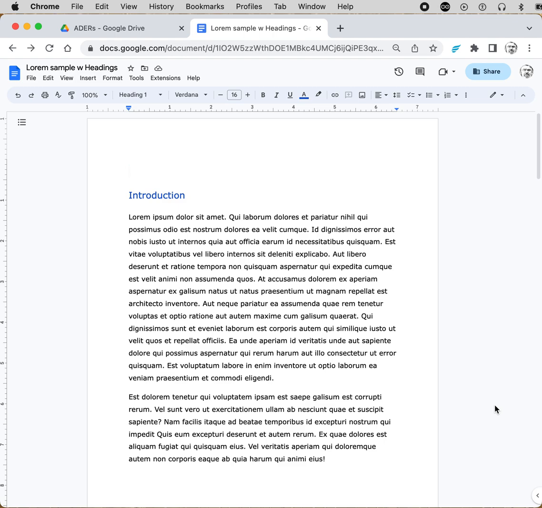Adding a table of contents in a Google Doc. You've created your document, you've added your headings, and you've inserted page numbers. Now go to the head of your document where you'd like your table of contents to be. Place your cursor there, and